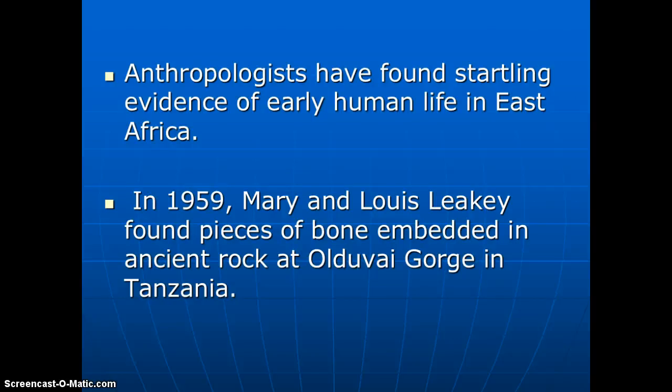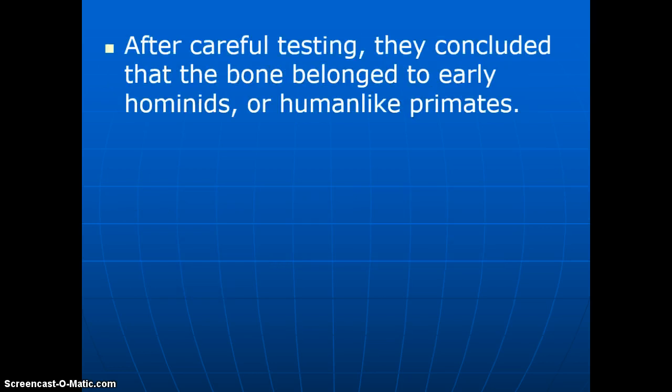Not only did they find pieces of bone embedded in ancient rocks in Tanzania, but they also found footprints, which showed that these hominids stood upright. And the word hominid that I've used just means a human-like primate. We wouldn't call it a monkey, we wouldn't call it a human, but it was some other branch of the